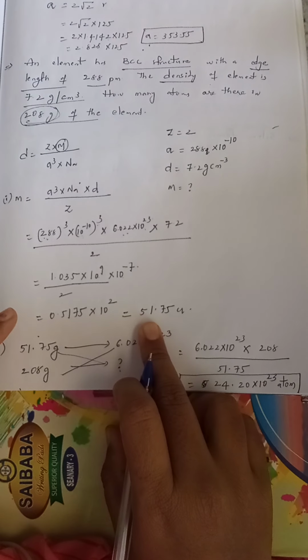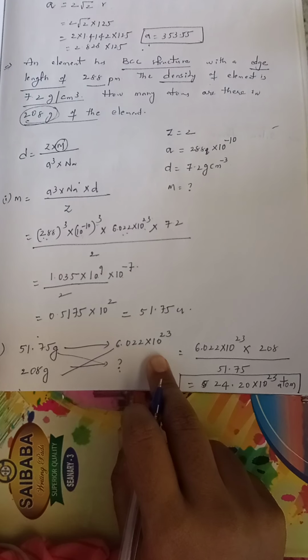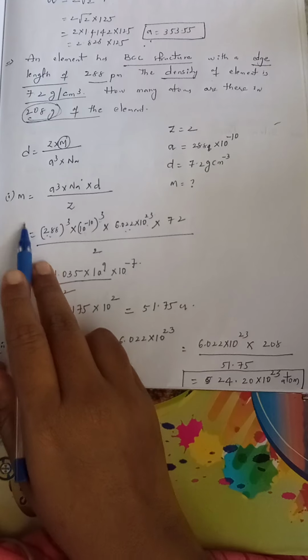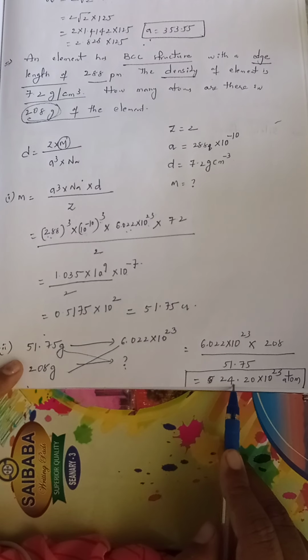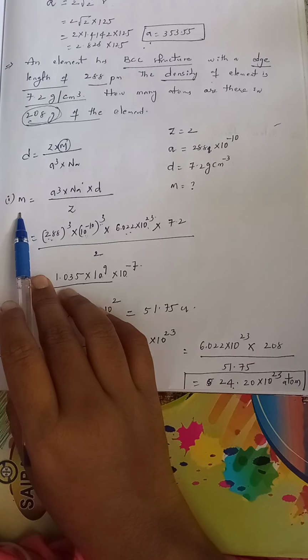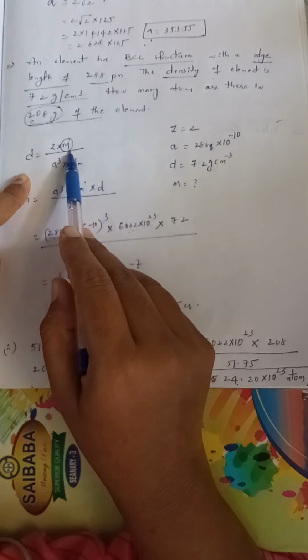whereas 51.75 grams contains these many particles or atoms according to Avogadro number. That means if you know the atomic mass, by that you can easily find out the number of atoms or particles present in that. Okay, so atomic mass can be calculated by using the formula density is equals to Z into m